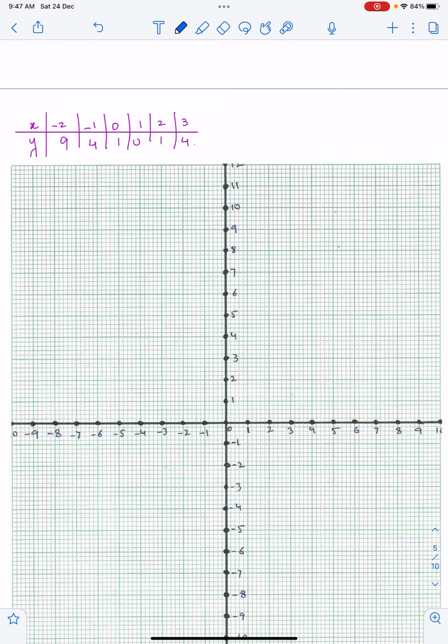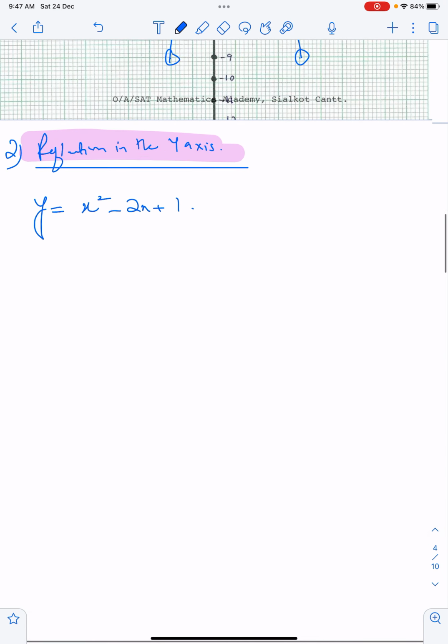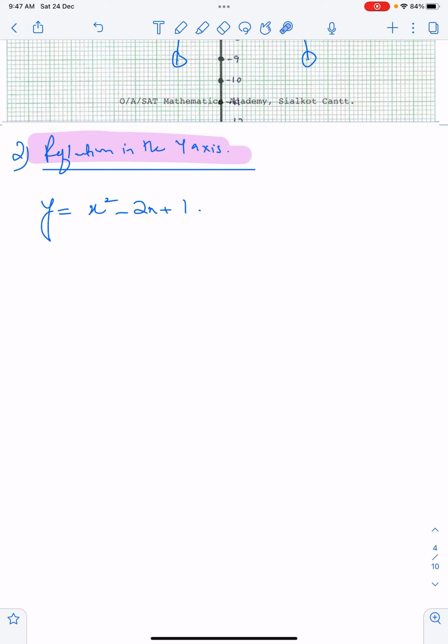Negative 2 with a 9, negative 1 with a 4. Now if I simply, in place of every x in this equation, put a negative x, the resulting equation will be x squared plus 2x plus 1. Now if I make the table for this as well,